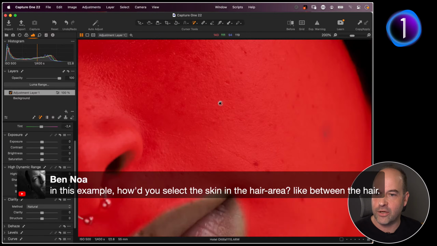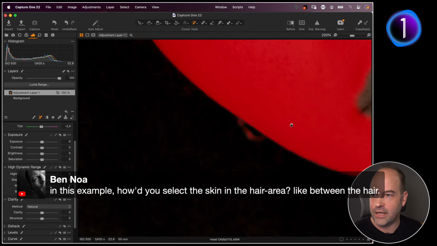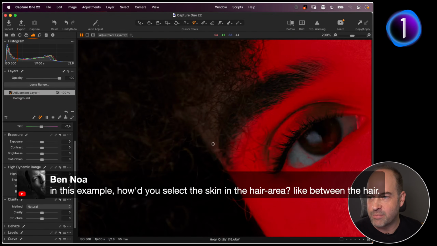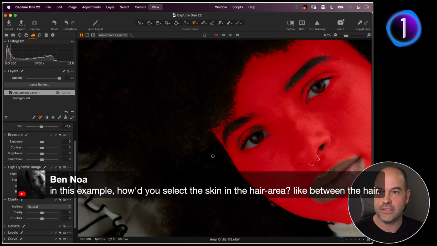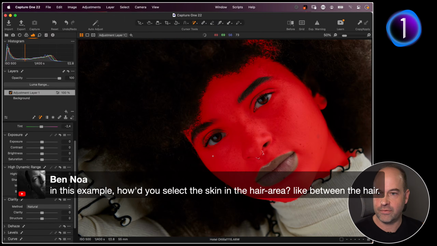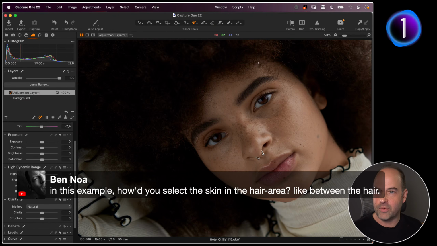So that's a pretty good mask of all the skin areas, I would say. And there's maybe a little bit here. Do we risk it? Let's try. Yep, there we go. So the magic brush is additive. Don't forget about that. So we've now picked out all those particular areas. To be honest,